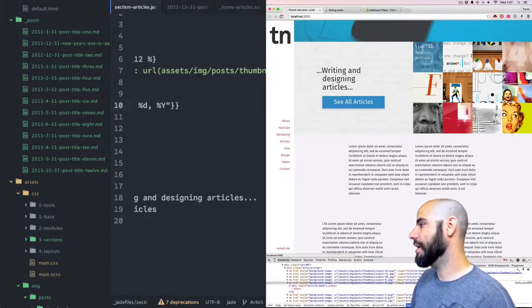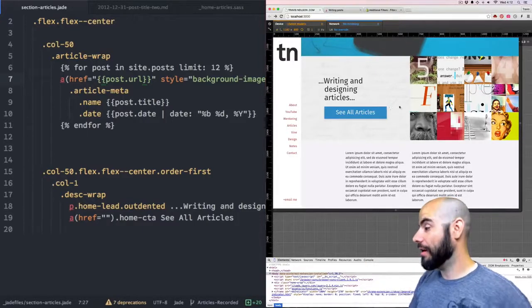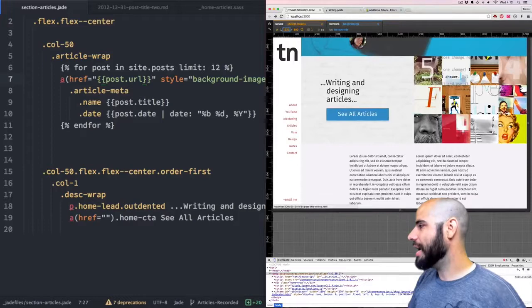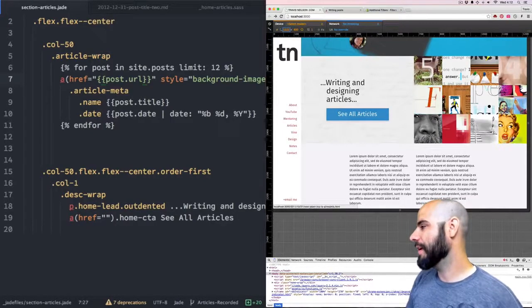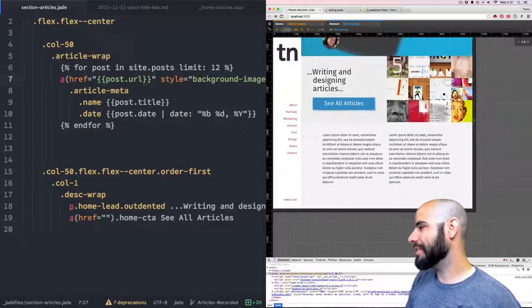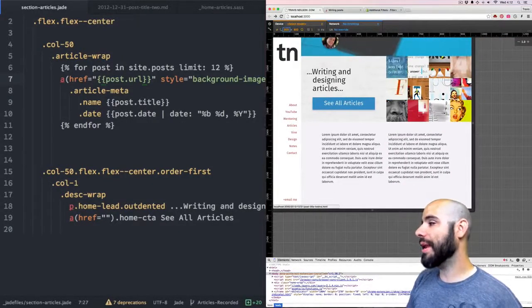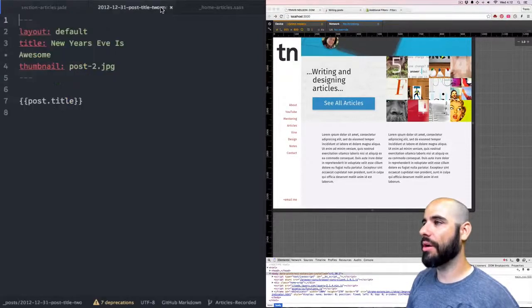Cool. And one thing I noticed before we move along too far, when it's wide, these articles look okay with the titles, but when it gets a little too small and teeny, this is no good. This is no bueno. There's a few things that we can do to help that. Number one,